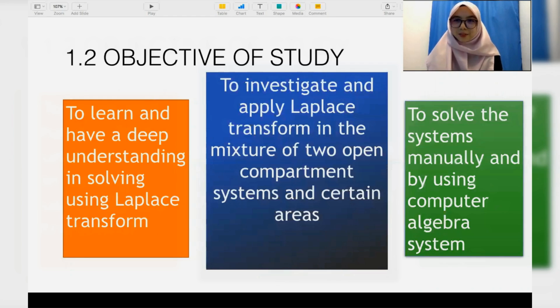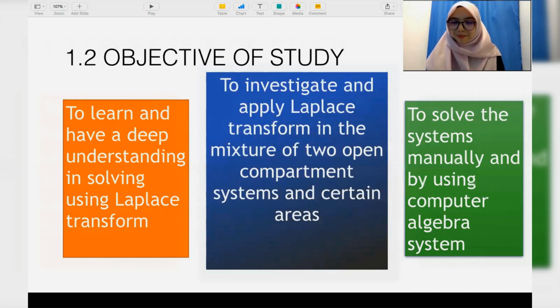Next is objective of the study. First, it is to learn and have a deep understanding in solving using Laplace transform. Secondly, we want to investigate and apply Laplace transform in the mixture of two open compartment system and certain areas. And the last objective is to solve the systems manually and by using computer algebra system, which is a new